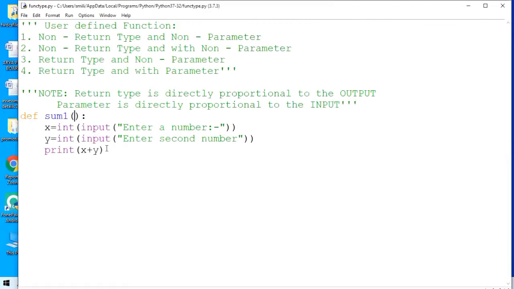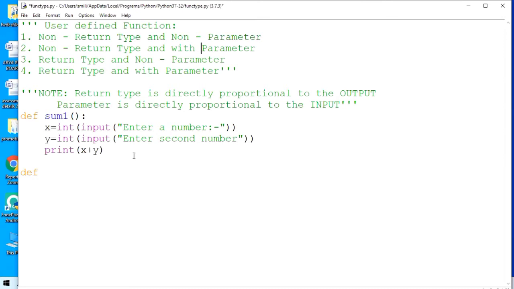Let's make another function that will work the same way. Again I would like to ask two numbers from the user, and then add the numbers. Earlier I demonstrated the first variety of function. Now I am demonstrating the second variety, that is non-return type with parameter. Sorry, it was written non-parameter; Beta, kindly make the correction.